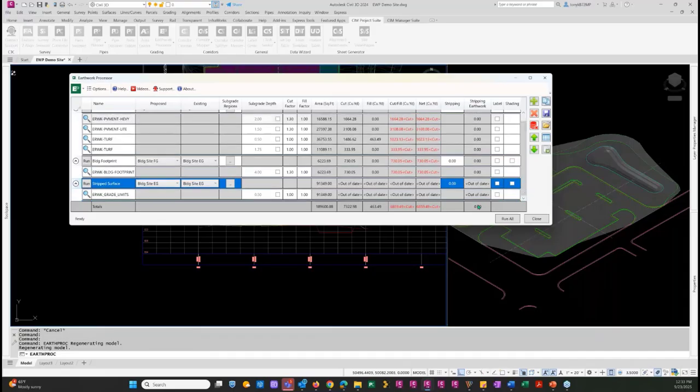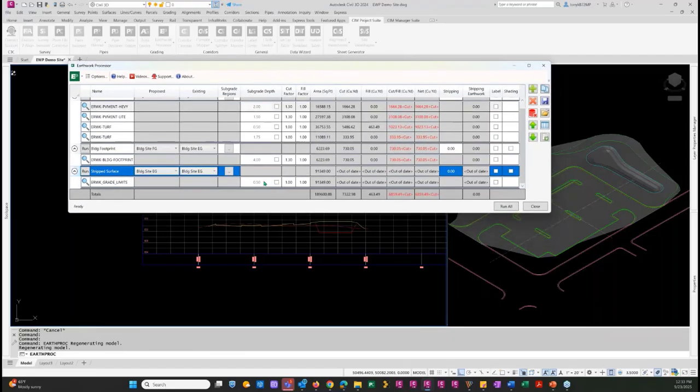So I can do this one of two ways. I can give it a half a foot right here, or I already have it set right here. So if we save that as a template, and it's always a half a foot, there's the two ways that we can do it. So if I had it at 0, I'd set it a half. I'll get the same numbers. So if I run